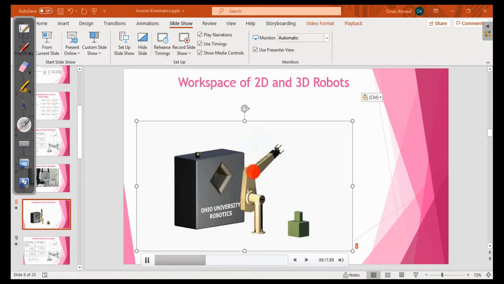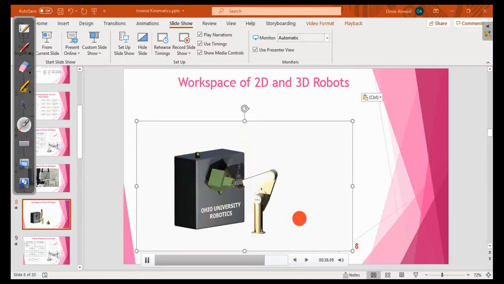Okay, you can see different degrees of freedom that it has. This is a joint axis. The first one was a joint axis as well. And this is another joint axis. So it has exactly 6 degrees of freedom. It can rotate around this joint as well. This is the 6th degree of freedom. There is some workspace where it can actually place the end effector in any position and orientation.